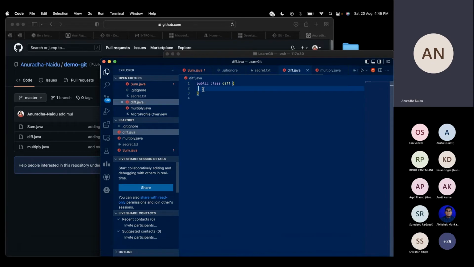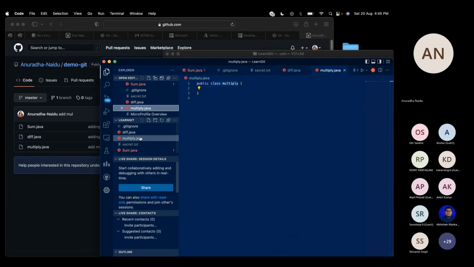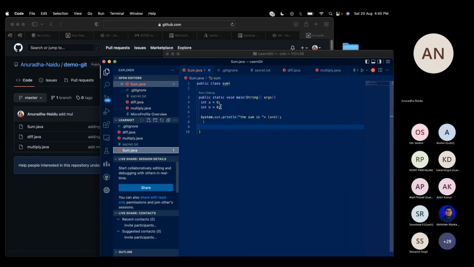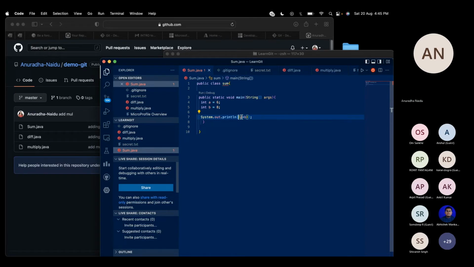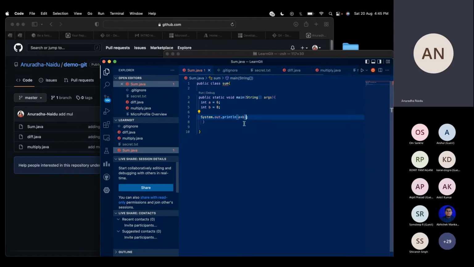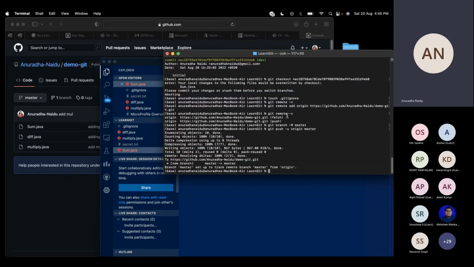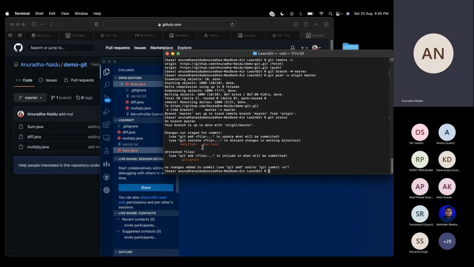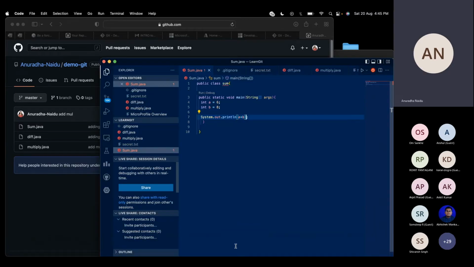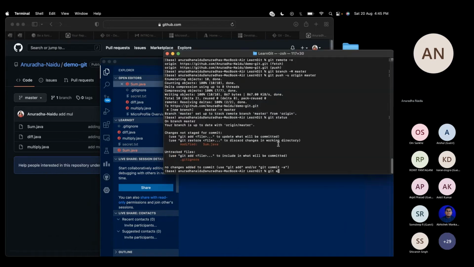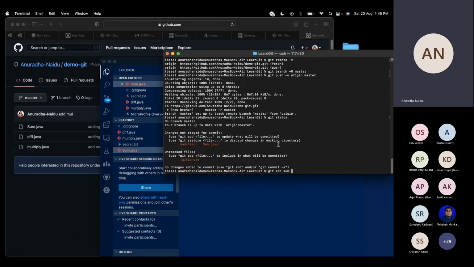suppose in diff.java or in sum.java, I'm just deleting this part. This is the change I have made. Now, if I check the status with git status, it will show that sum.java has been modified, which is not present in this GitHub repository. I've made changes, so now I can add the file again with git add sum.java,